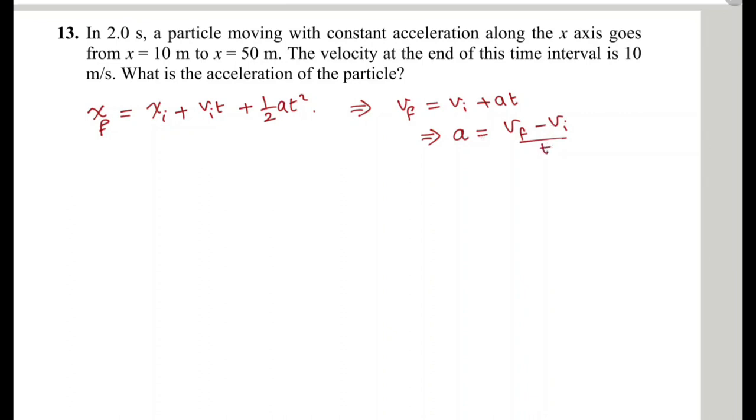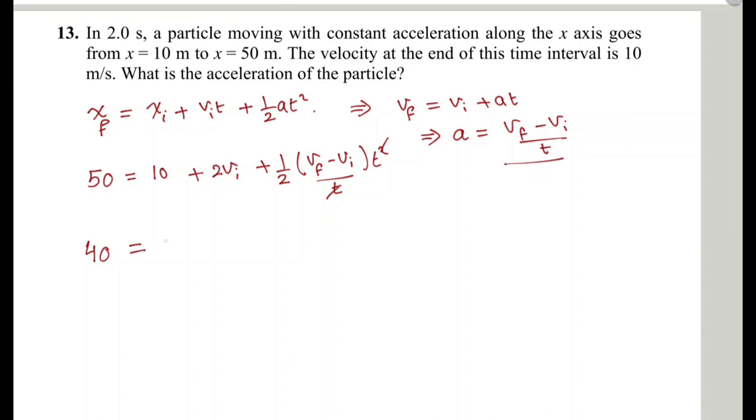You substitute this acceleration back in the other equation, and you will find 50, the final position, equal to 10 plus, t equal to 2, so 2 v initial plus half, now the acceleration is v final minus v initial over t, times t square. So the square goes with this one, and you will find 40 equal to 2 v initial plus half v final